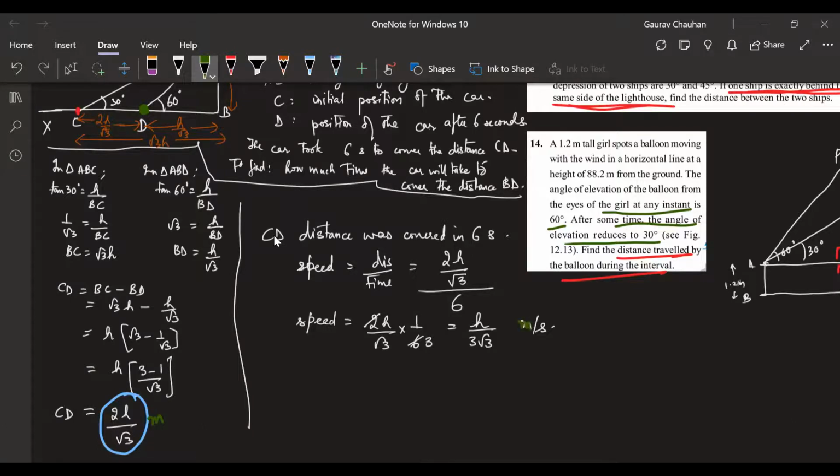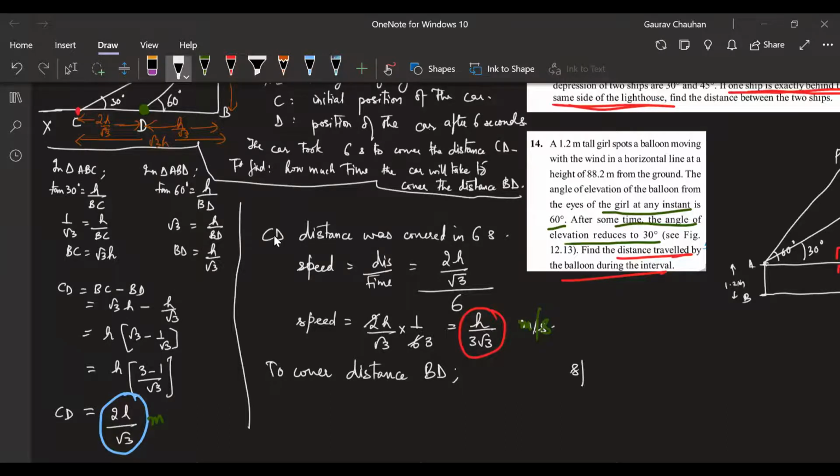Right now this is my speed. Okay, how much distance do we have to cover now? We have to cover distance BD, that is h by root 3, correct? We have this also in terms of h. So to find the time to cover distance BD,